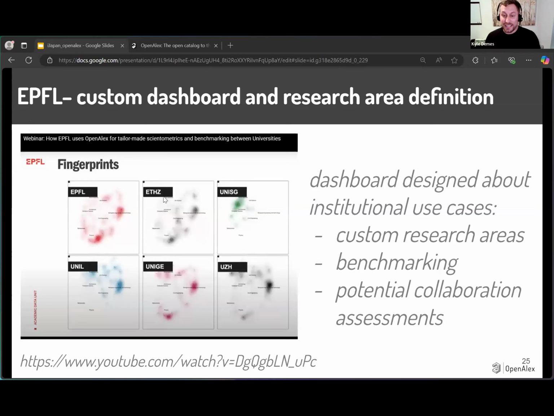And so if you look at ETHZ and EPFL, they have very similar fingerprints. So this is an institution that they see as maybe a competitor or someone that they're doing a lot of similar work to. Whereas UNISG, you can see they have a lot of activity in a space that EPFL doesn't have activity. So this is a really great institution for them to collaborate with. So this is an example I like to show because it is a very good, very sophisticated way to use the data.